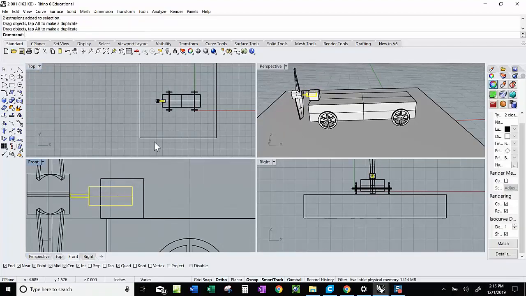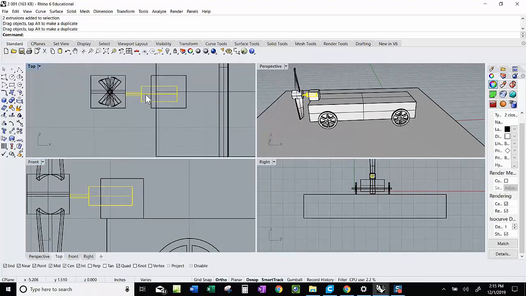And so I'm just working in top view and the other view. Again, the alignment I'm not too concerned about. Now from front view,